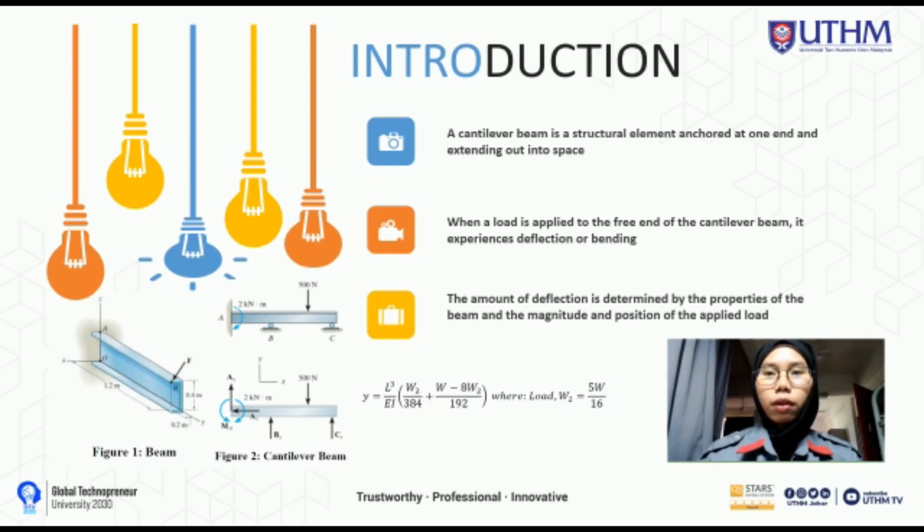The amount of deflection is determined by the properties of the beam, including its length, cross-sectional area, and material property, as well as the magnitude and the position of the applied load. Engineers use mathematical formulas and computer models to calculate the deflections of cantilever beams in order to design safe and